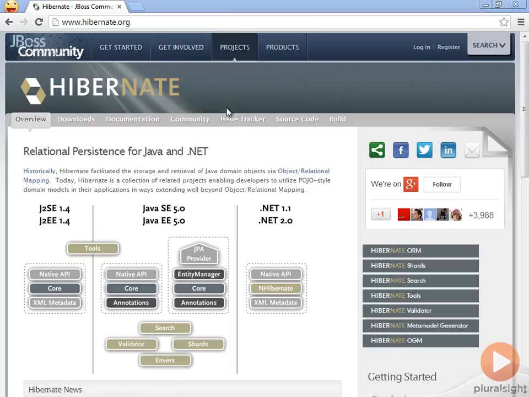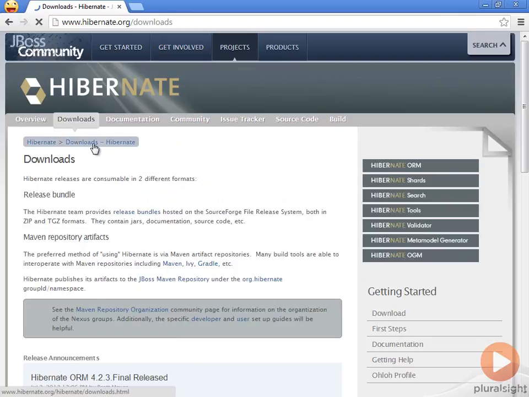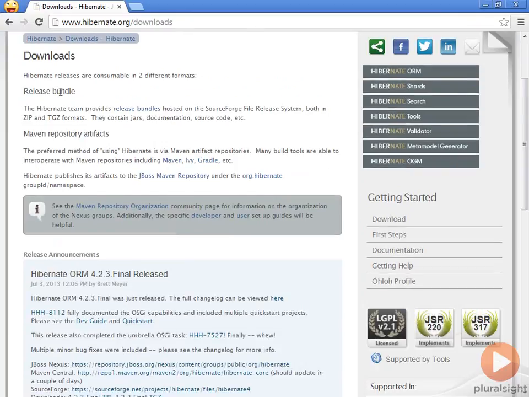Now the next thing that we need is Hibernate. We're just going to download Hibernate for now, and then when we create our Java project, we're going to add the Hibernate jars to it. So what you can do is just go to www.hibernate.org, and then go to Downloads, and then from here, there's